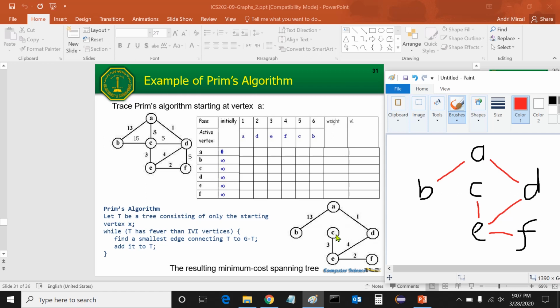Okay, so the shortest path from a vertex to the rest of the vertices in the graph, being solved by Dijkstra's algorithm, has nothing to do with the minimum cost spanning tree being solved by using Prim's algorithm. Okay, something like that.